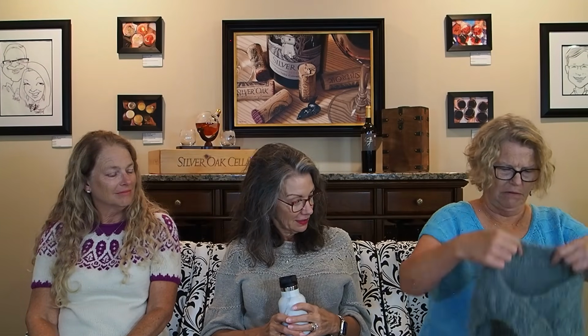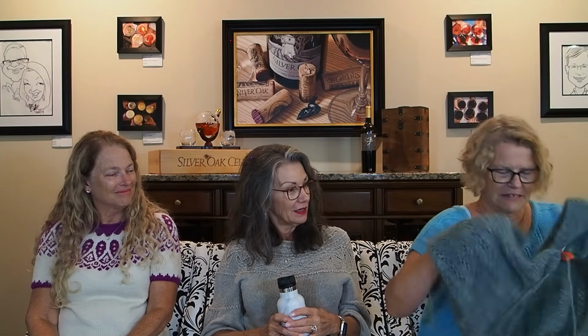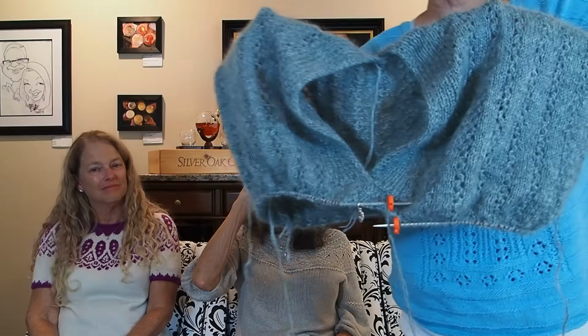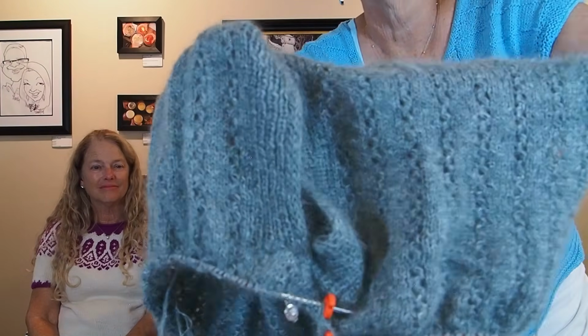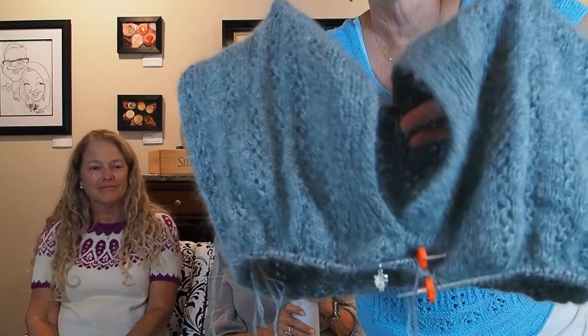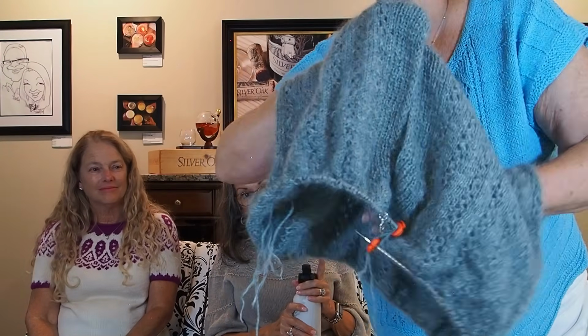Let's see, wait a minute. I have to figure out, oh, here we go. Yeah. So I knit until I thought it was the correct depth. And so I have put the fronts together, and I've tried it on. It looks great. The only issue I had was